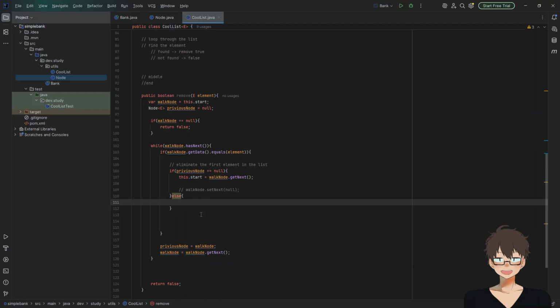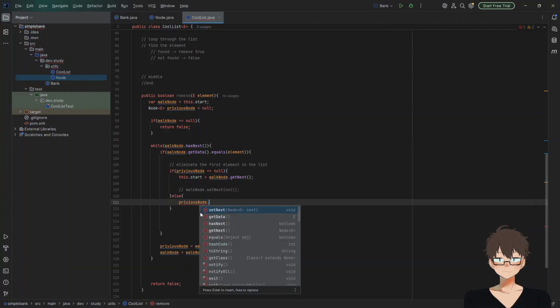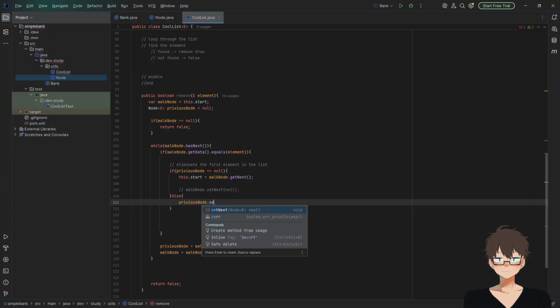It's kind of confusing to visualize. So actually what will happen is that previous will have to point, previous dot set next will have to point to